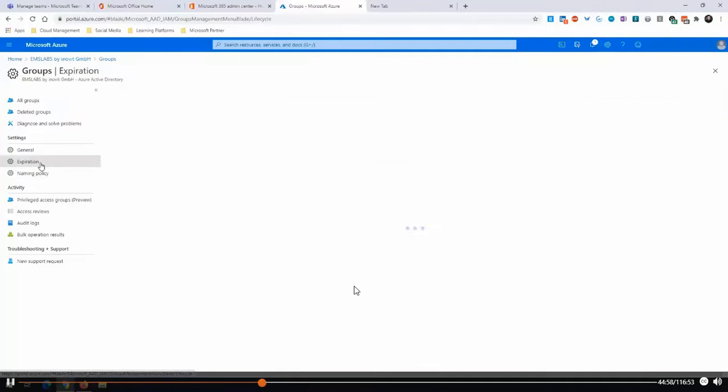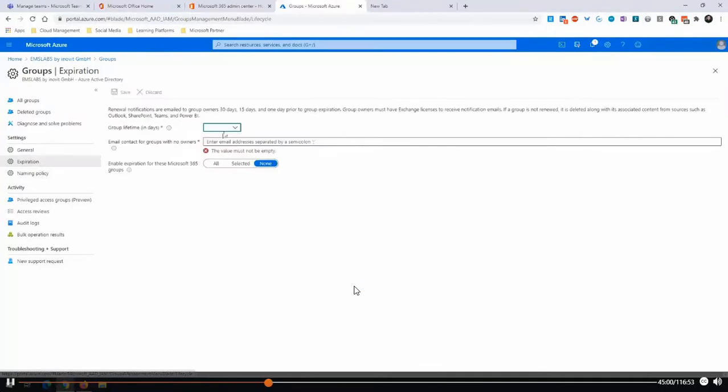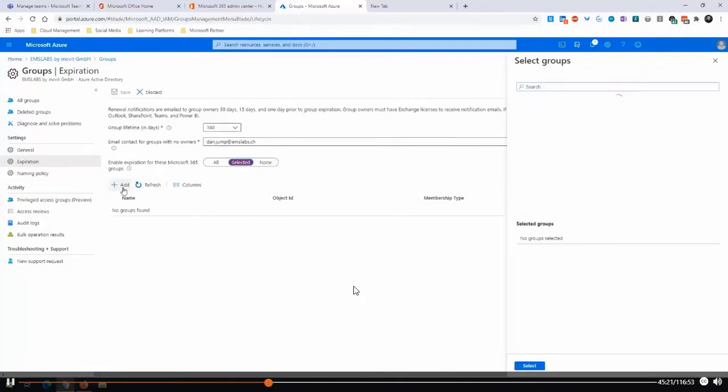What does it mean? It means that we have an expiration level, that we can, for example, say we want to have a group lifetime of 180 days. We want to have an email contact. Let's say that's Dan Jump, our CEO here in this case. And we can enable this expiration topic for specific Microsoft 365 groups.